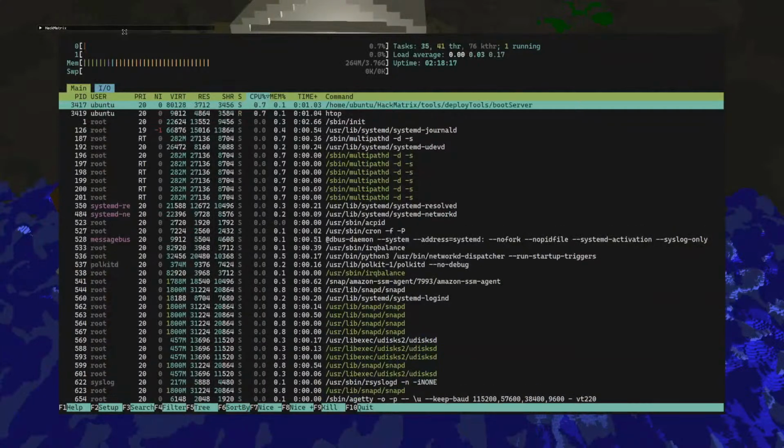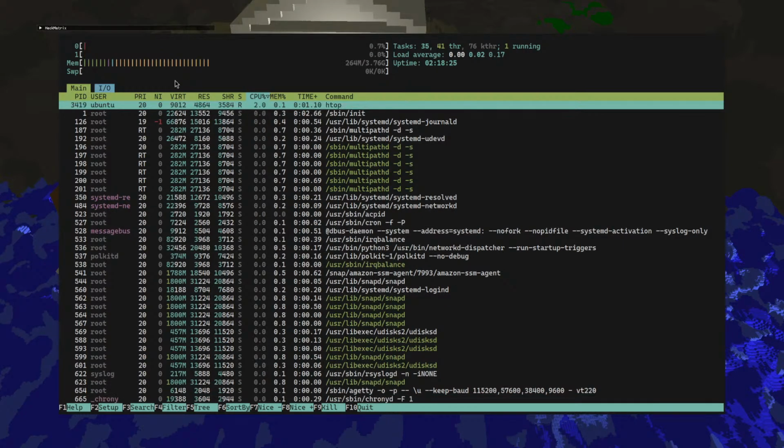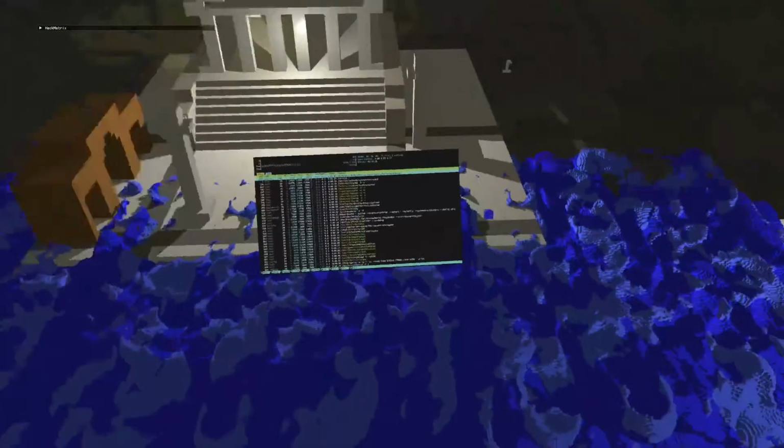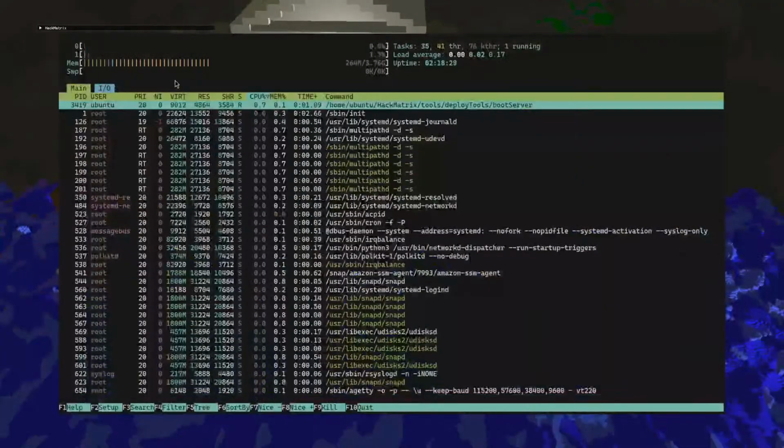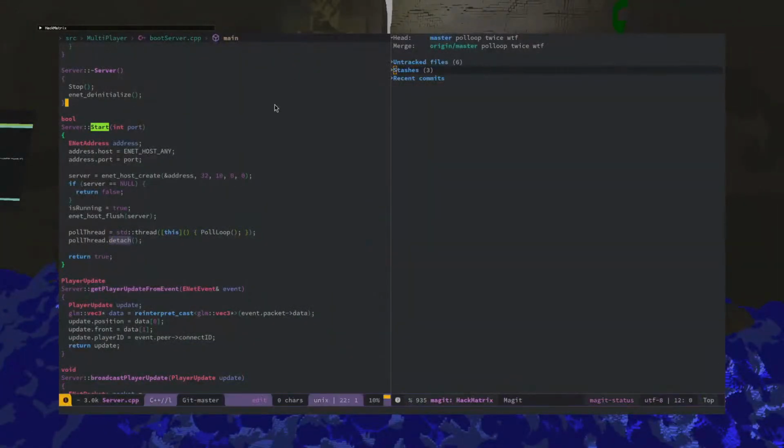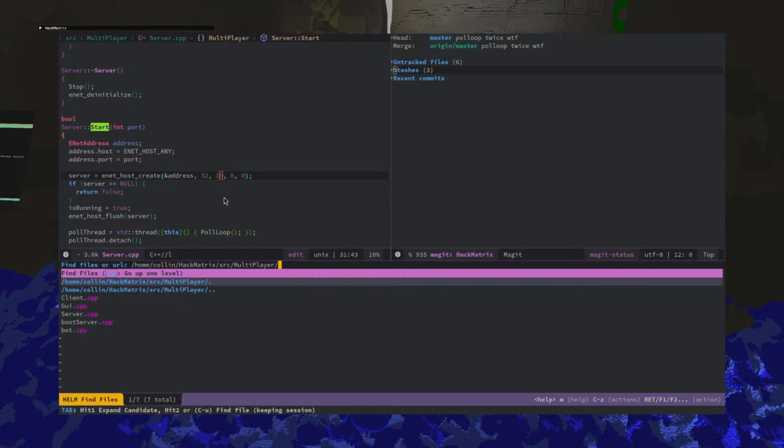Okay, so I think I'm going to change the client a bit. I want to try getting that 20 FPS now. See if I can make that happen. Because it's a little laggy, a little glitchy, you know.